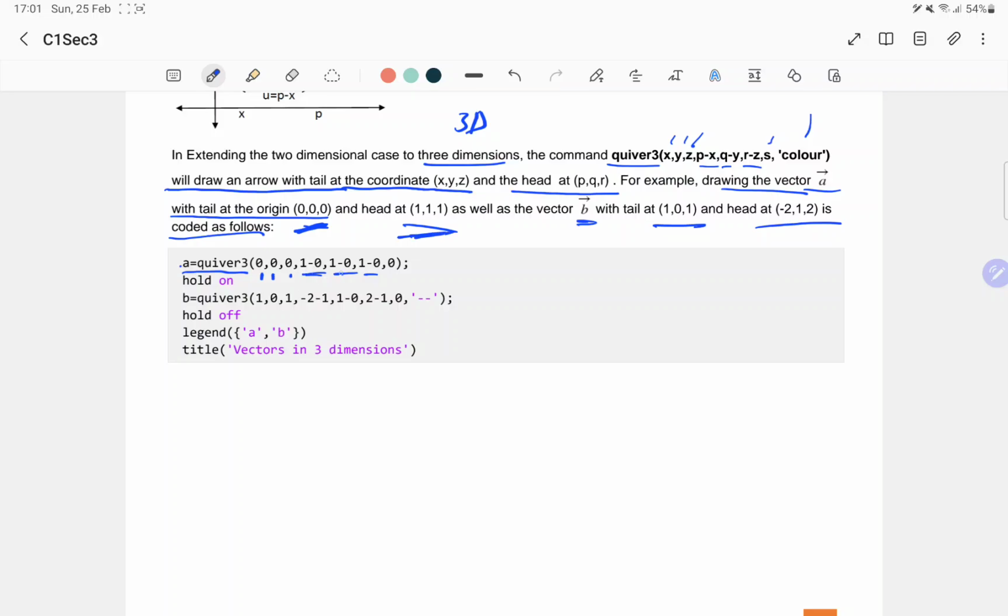Then I'm going to say hold on. B equals quiver3, 1, 0, 1, minus 2, minus 1, 1 minus 0, 2 minus 1, 0,